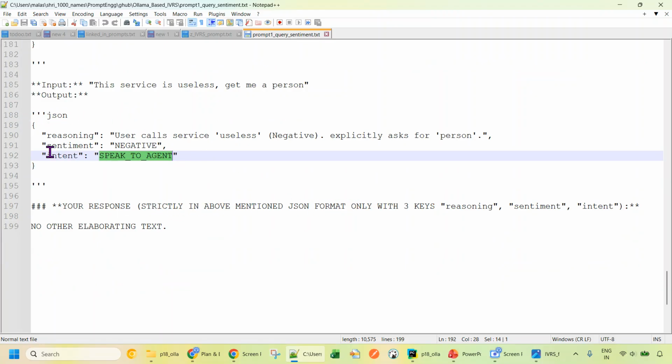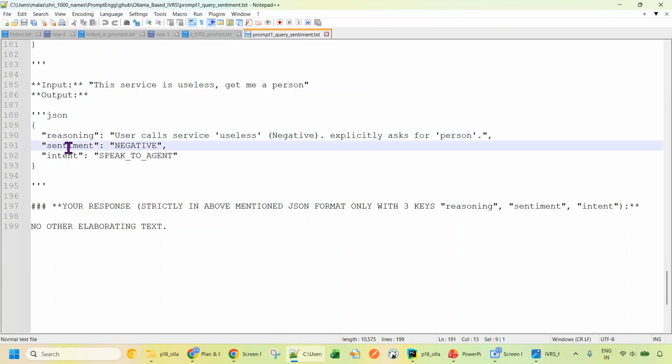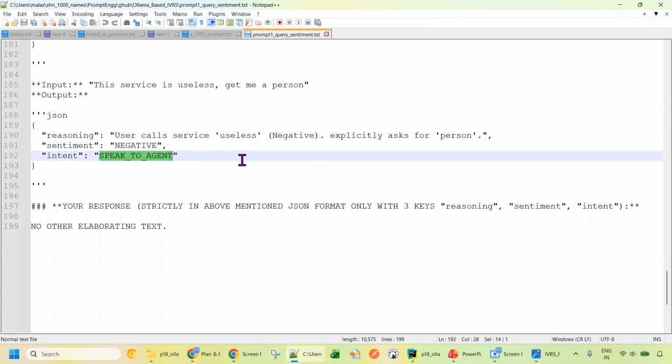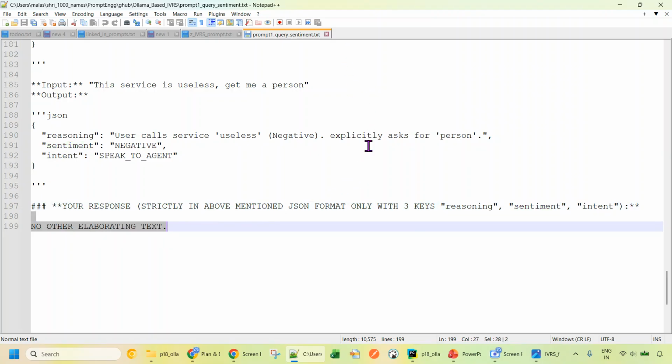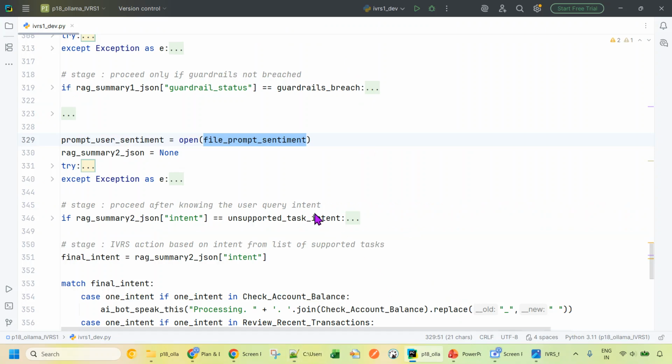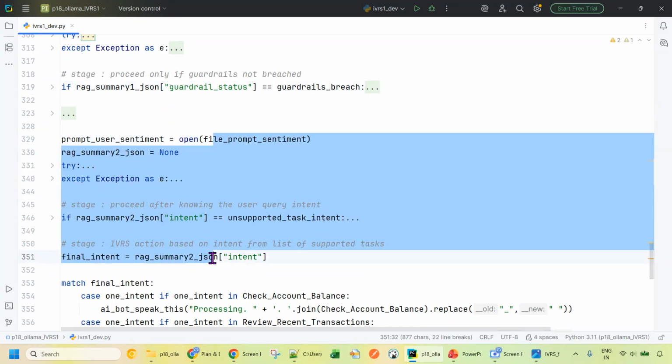Okay, these are the JSON format. These are the three keys, and this is the valid or agreeable response content. There should be three keys: reasoning, sentiment, and intent, and no other elaborating text. Simple, right? Once that is done, the guardrail analysis is done here and the sentiment analysis is done here, and